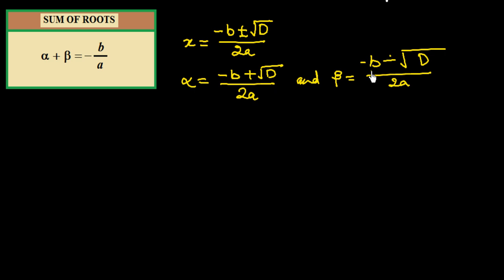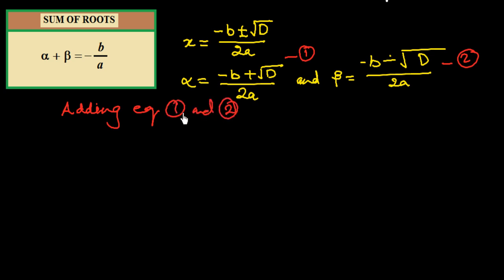So this we are writing here. Now we have to find the alpha plus beta, which is equal to minus b over a. We have to derive this. So we are adding; this is our equation 1, this is our equation 2. Adding equation 1 and 2, so here we get